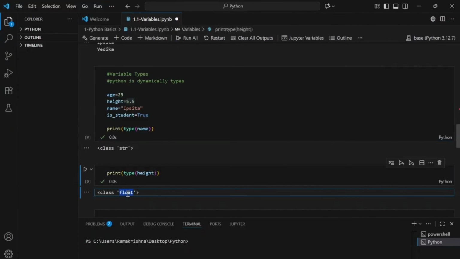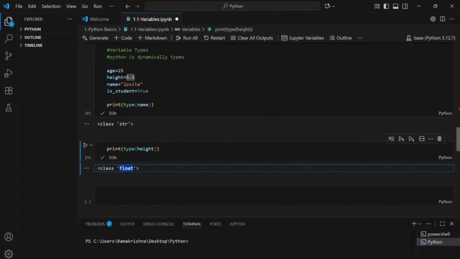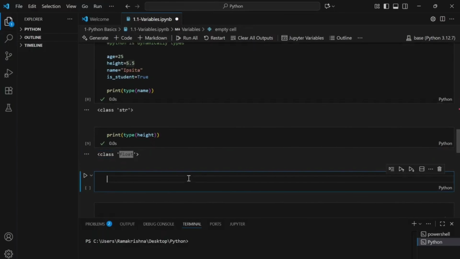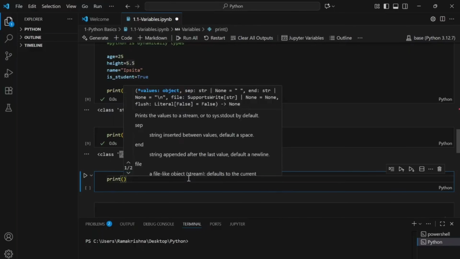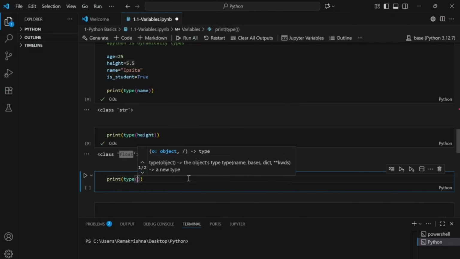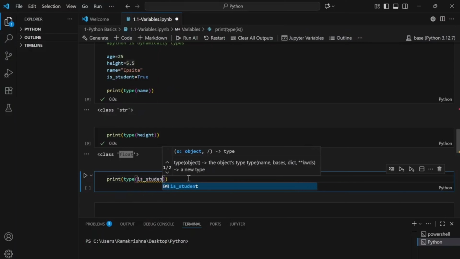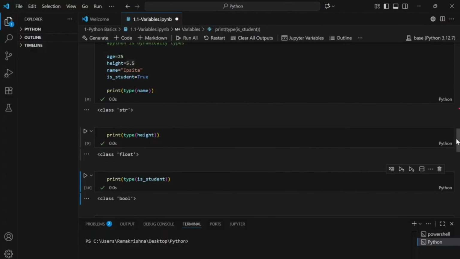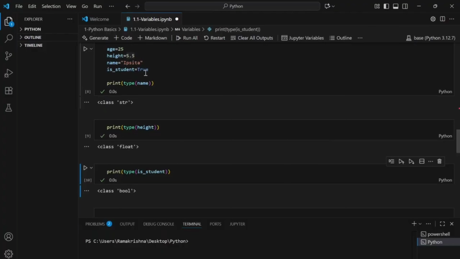That's why Python has defined it as float data type. Similarly, let me see the data type for is student. This is Boolean, because it has been assigned the value true. So true or false by default is assigned as a Boolean.